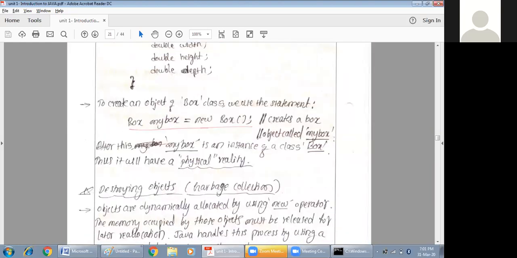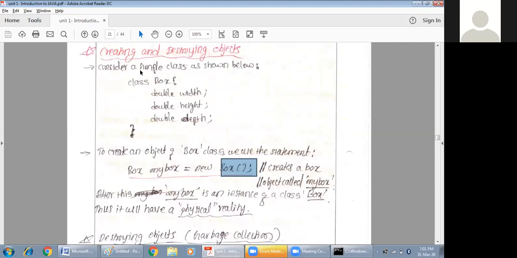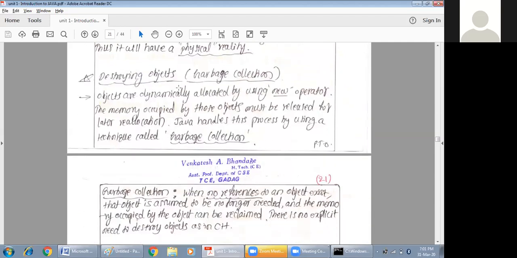If you remember the bridge course classes, first we define the class, then we declare the variables. These are the two steps. In the first step, we are declaring the name of the variable, that is myBox. Then for that we are allocating memory, and this is what is called the Box constructor. We are allocating memory for the new object of Box. Even if you are not following this part here, don't worry. In the third module, we will be addressing it in detail.